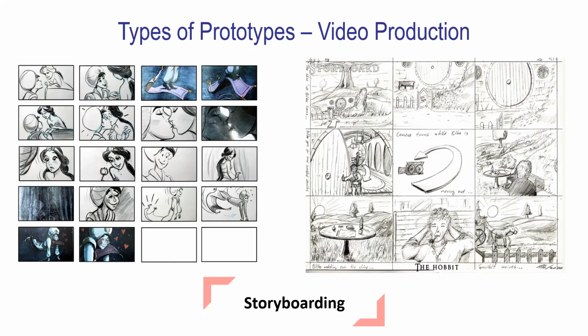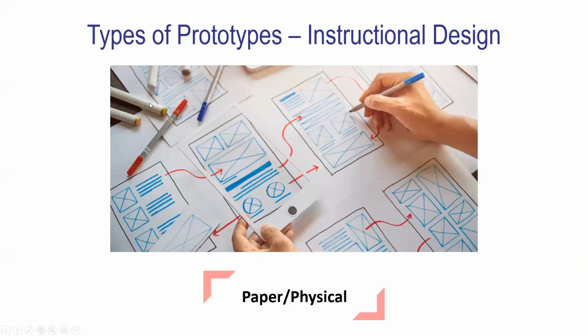And you might actually use this in learning design because you might have, as part of some of your sections, videos. So how do you make sure that those videos are coming across properly? You'll do a storyboard. If you look at instructional design, so this is more maybe app focused, we see